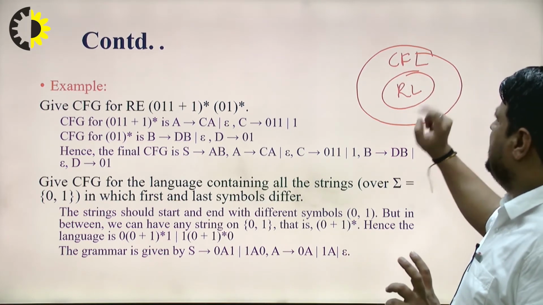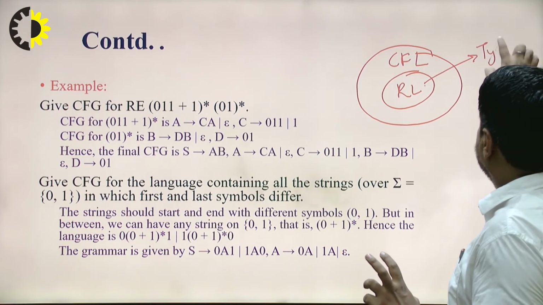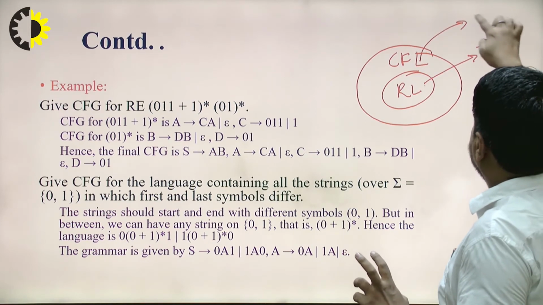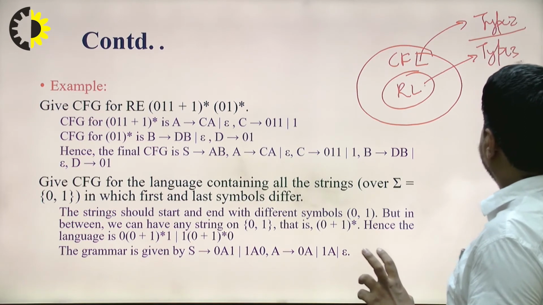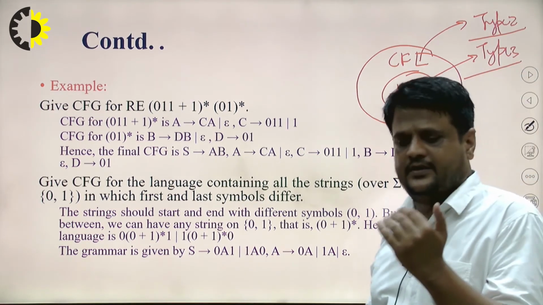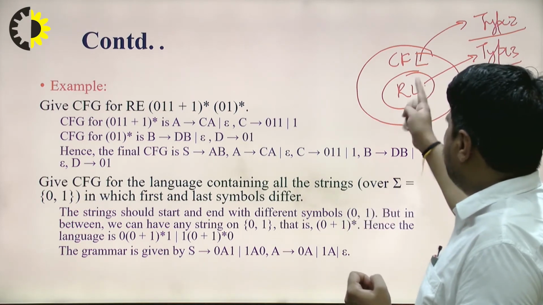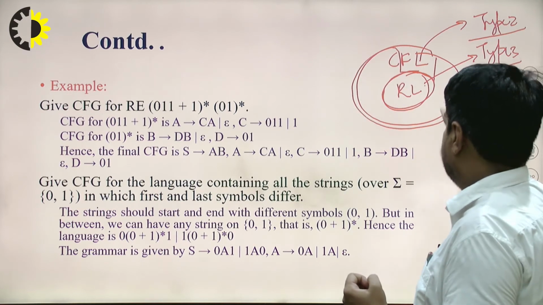So, a regular language is basically denoted by the type 3 grammar. Type 3 grammar is a subset of type 2 grammar. Type 2 grammar is a context-free grammar, and type 3 grammar is, we can say, a regular grammar. So, everything that is denoted by the regular grammar can also be denoted by the context-free grammar, but vice versa